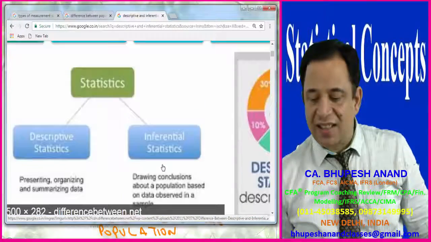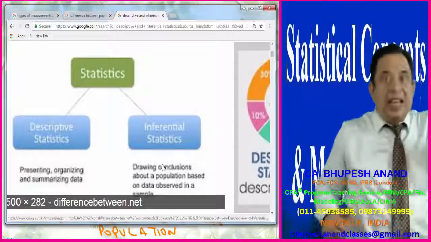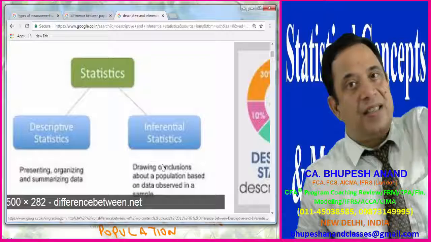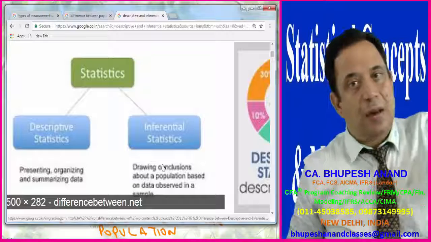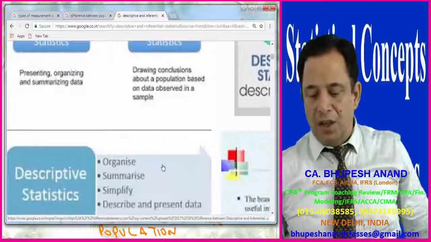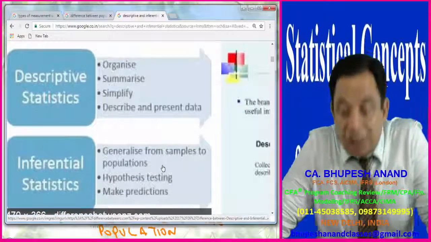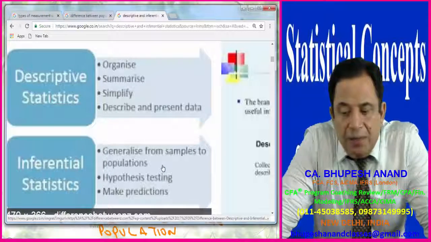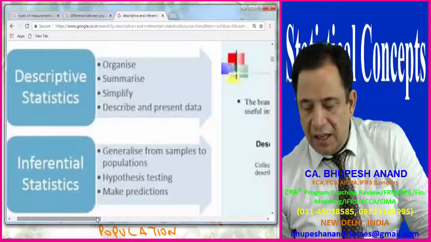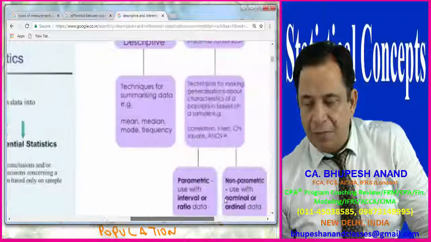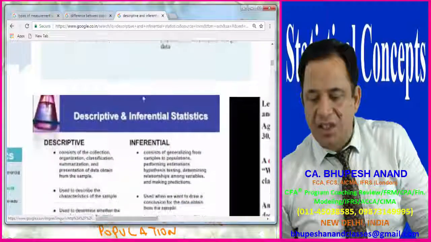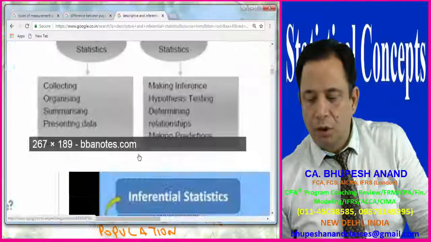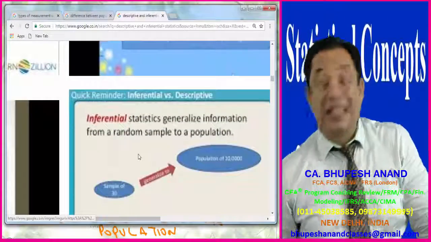I will say that is inferential statistics. So statistics can be of two types. One is descriptive statistics, second is inferential. Descriptive is finding out, summarizing the data which is given to me, which is a sample, and then representing towards a population, that is named as inferential. They have discussed here also organizing, summarizing, simplifying, and then with the help of this we can calculate something about the population, and that is named as inferential statistics. Hope you are getting the things. So this is inferential and this is descriptive.